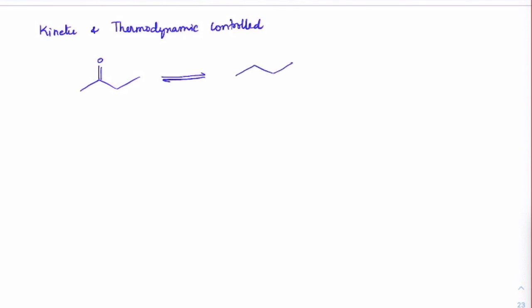But what if you have a simple ketone? This time let us see kinetic and thermodynamic controlled reactions in the case of aldehydes and ketones. Suppose you have a ketone like this. It can give two types of enolates. One is this one, the other one is on this side, in the presence of OH minus. This OH minus can extract a proton from here or from this carbon. So we will get these two enolate ions.